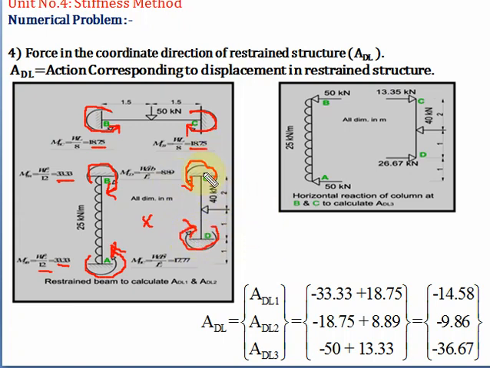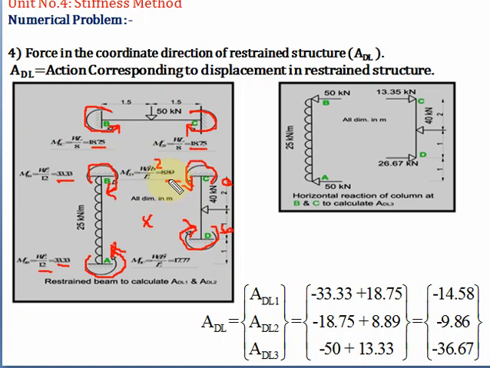Now the fixed moment in member CD will act in which direction? Anti-clockwise direction, so plus. Now we know the formula to find the fixed moment when the point load is not acting at the center. The formula shown here is wrong. It should be WAB square upon L square. So what is the value of W? Now here, what is the value of A? 2. And what is the value of B? It is 1. So W is 40, A is 2, B is 1 square, upon L square.